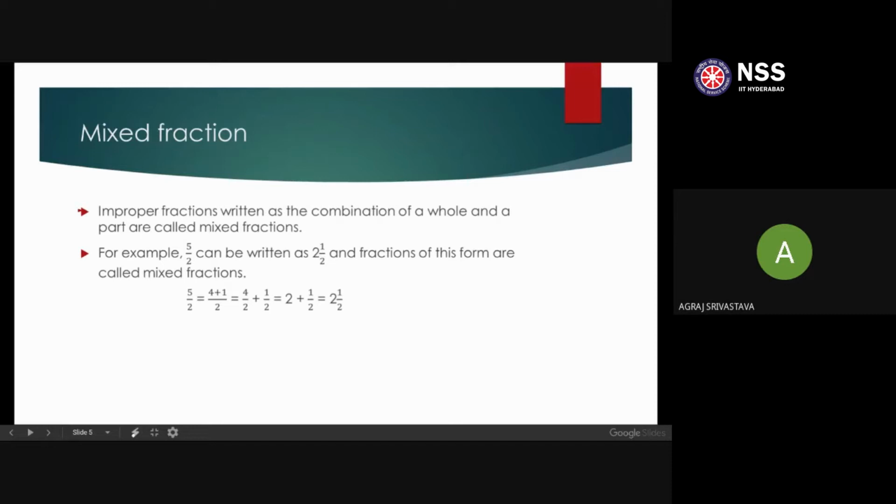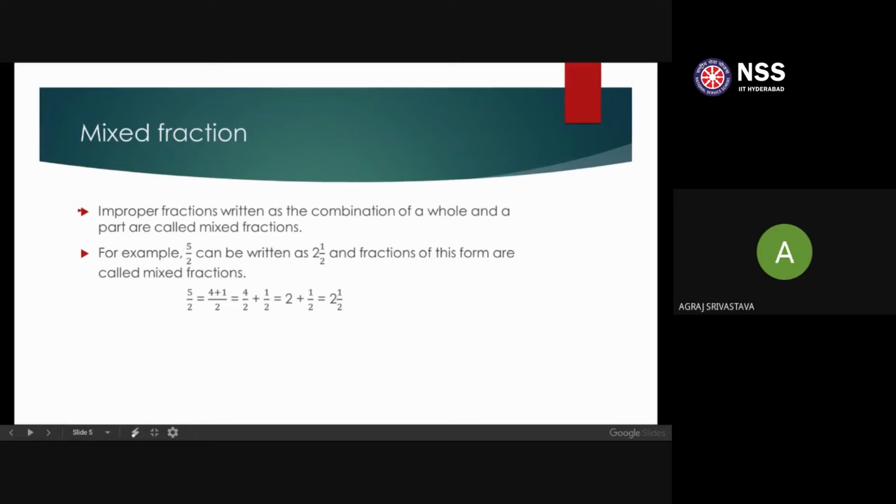A mixed fraction is basically similar in representation to the example of the previous slide, that is the 9 by 7 splitting into 1 plus 2 by 7. And essentially it conveys both the number of whole parts and the fraction associated with an entire number, and its representation is the number of whole parts that you've taken in. So for example, in 5 by 2 that would be 2,